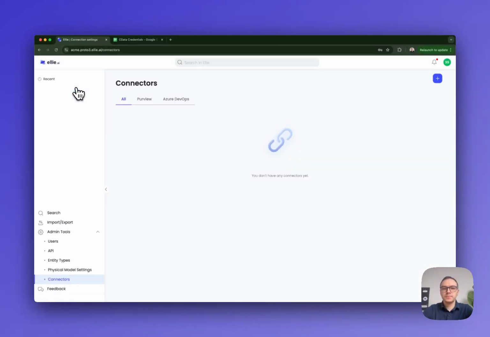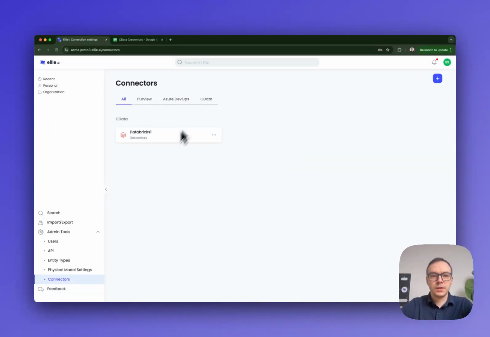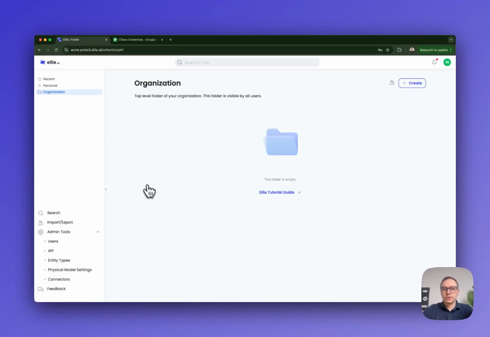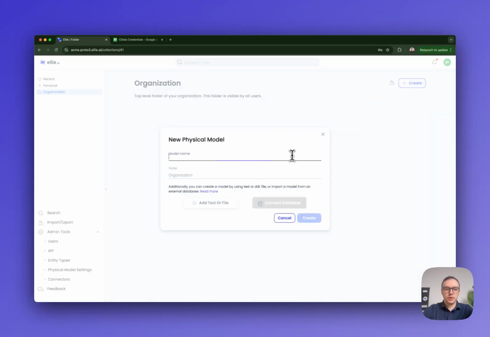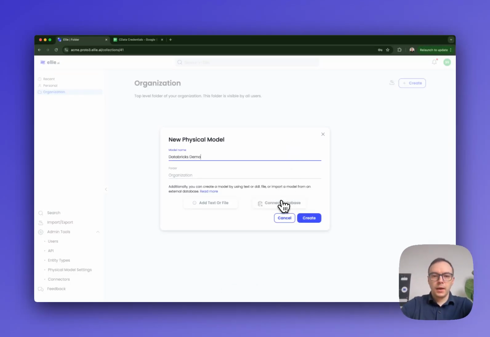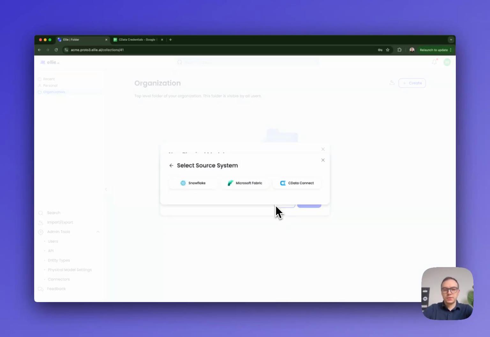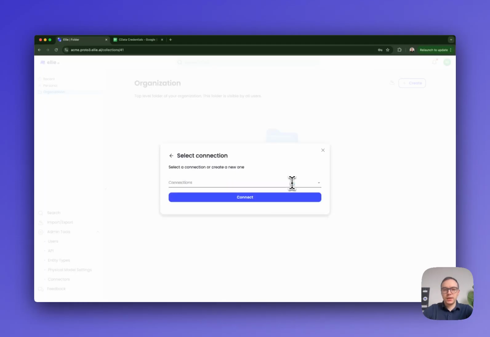And if I go to Ellie, I will see that we now have a Databricks connector in CData. Because it is one of our enterprise-wide connectors, anybody in the organization will be able to use it. So for example, if I go to my folder and I create a physical model, let's call it Databricks demo. And if I press connect to the database, here I can select CData, select the connector that we have created,